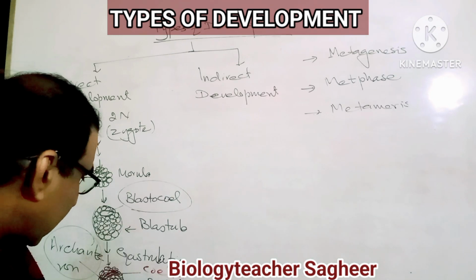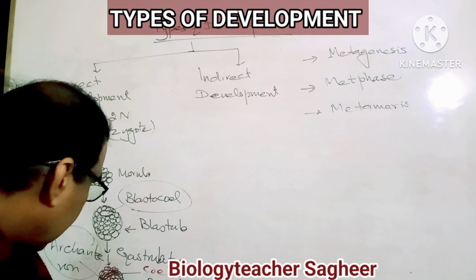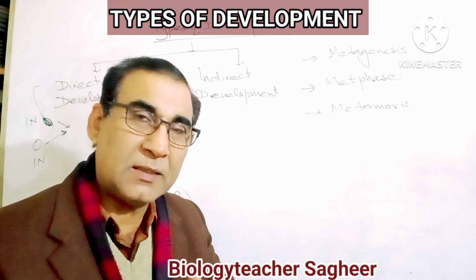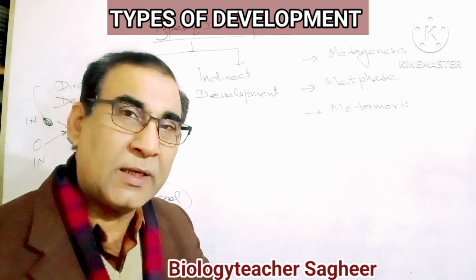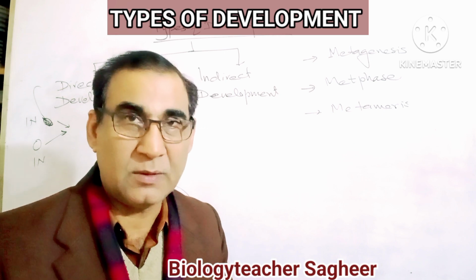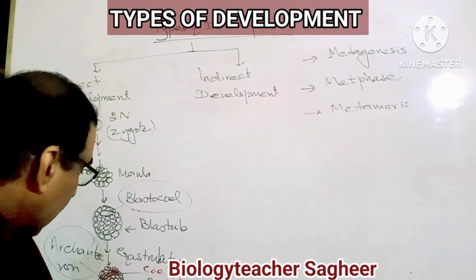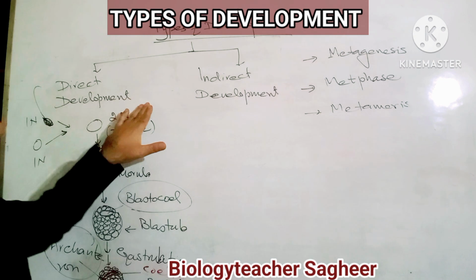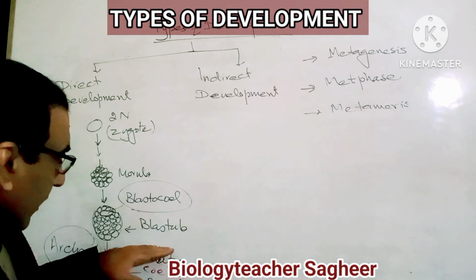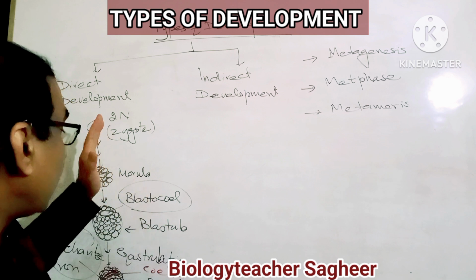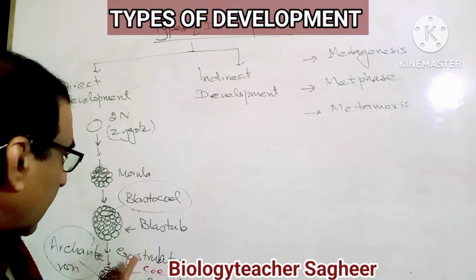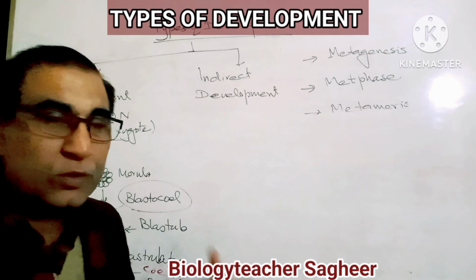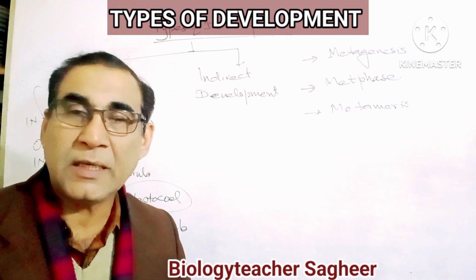So the coelom or coelomic cavity is lined on the outer side by the somatic mesoderm, and on the inner side by the splanchnic mesoderm. Okay. Well, this is the development which is known as direct development. Direct development takes place in animals in which the individual undergoes all the stages continuously, and an